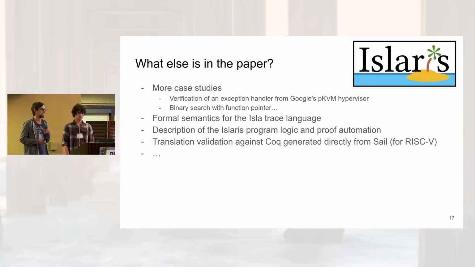And for RISC-V, we actually also did have a translation validation result where you can check that the output of Isla matches the semantics of when you take the RISC-V Sail model and directly translate that into Coq. And yeah, for ARM, this doesn't really work because the ARM model is just too large. And there are more things in the paper, but with that, I just want to briefly summarize that